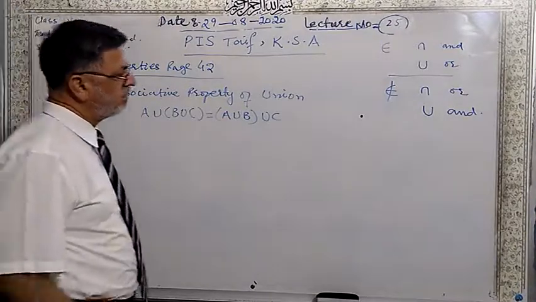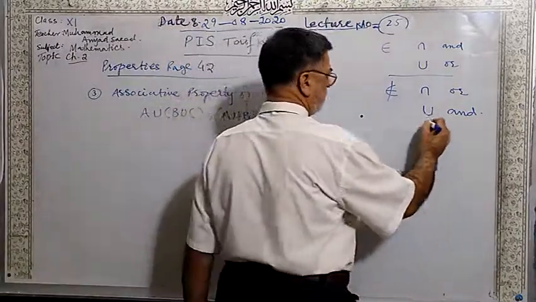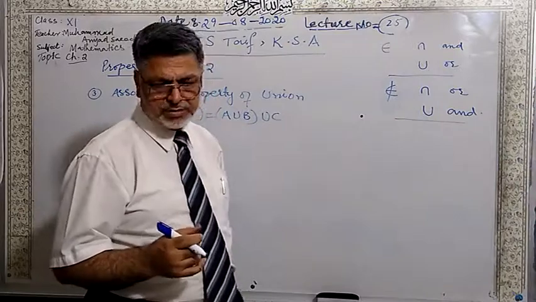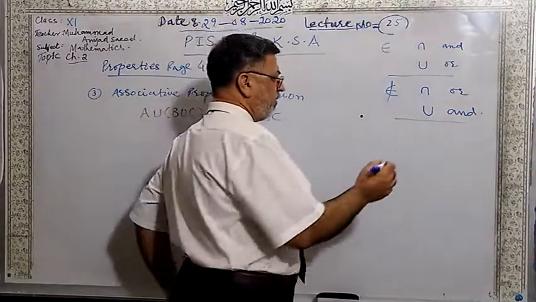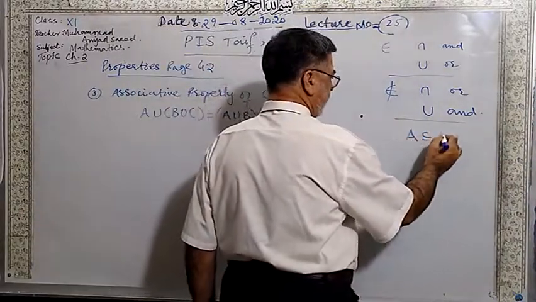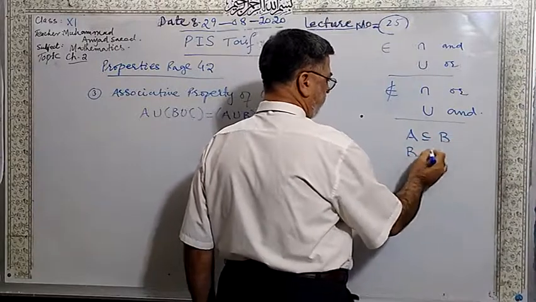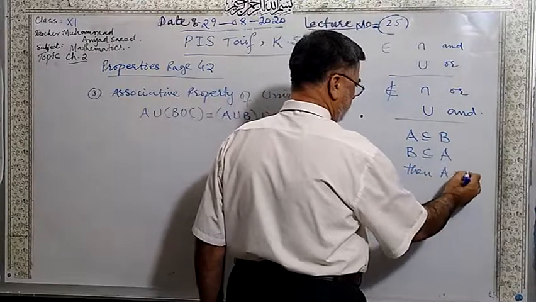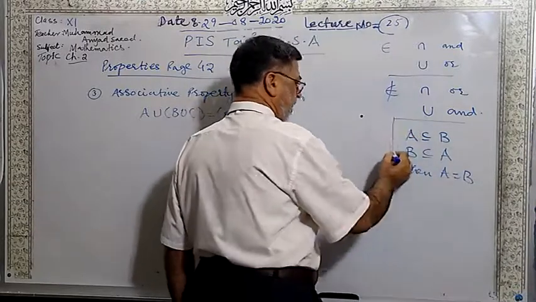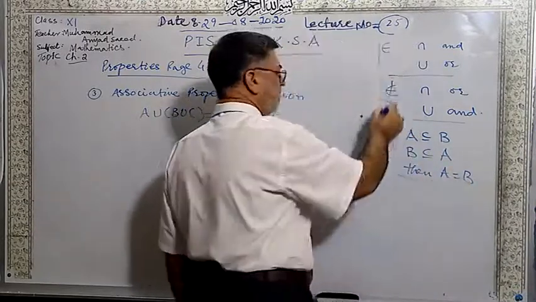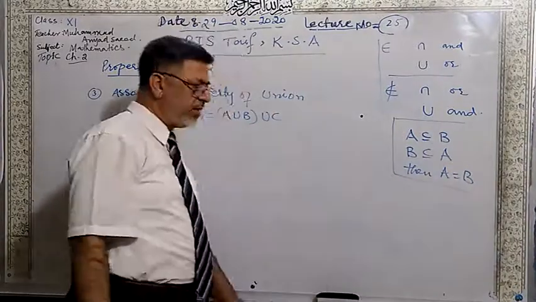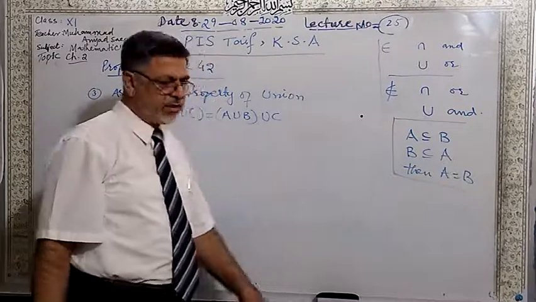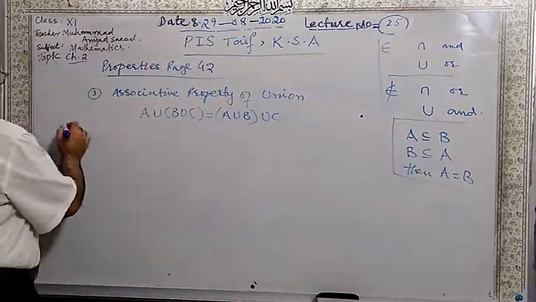Remember that to show the two sets equal, we will use: A contained in B and B contained in A, then A is equal to B. Again, we will use these results also. Proof: